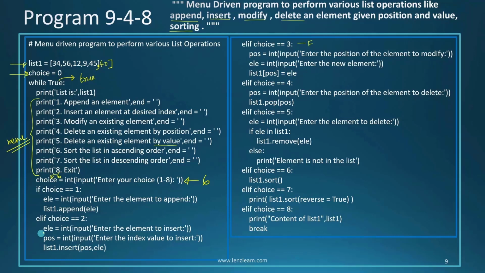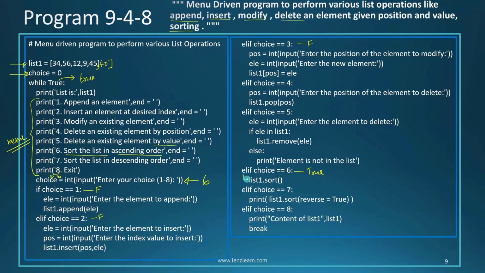Now our elif statements will start to check the value of choice. So here you can see the if statement check is false. The next elif will be false. It will continue 3, 4, 5, and over here you will get a true, because the value of choice is 6. Now inside here, when you select 6, you are trying to sort the list in ascending